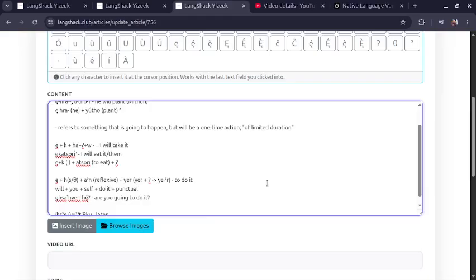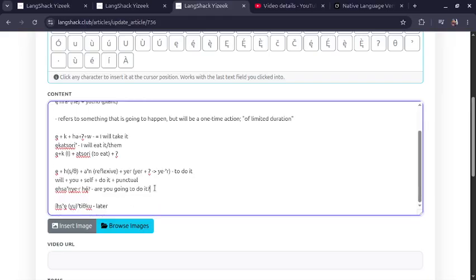And generally when you have an object in your sentence, and it's not a human, you generally don't have to mark it. It's kind of implied, so we can say, "do it." And even if you want to say something like, "Are you going to do it later?"